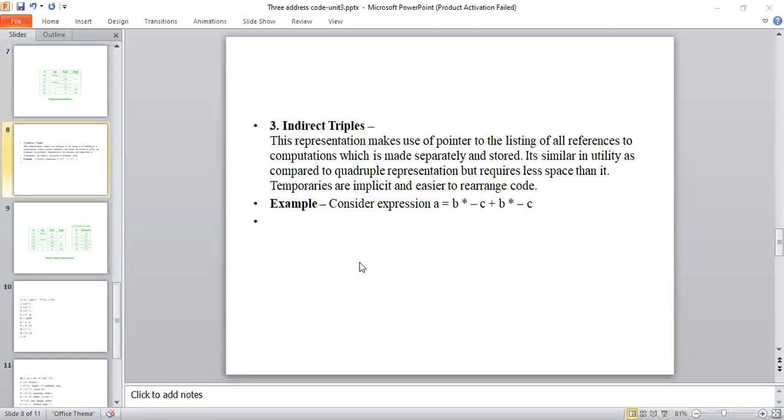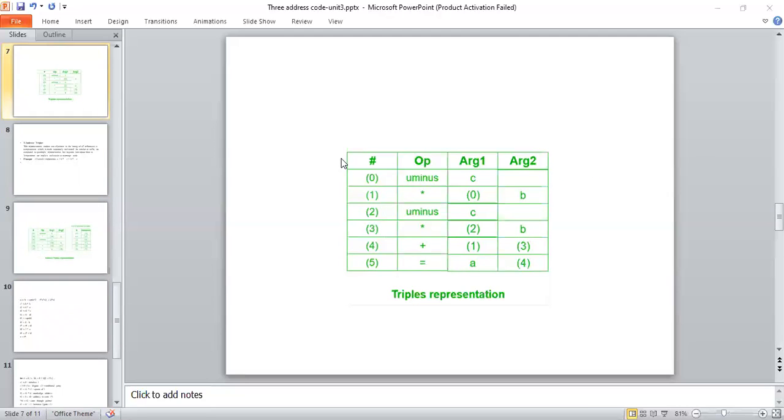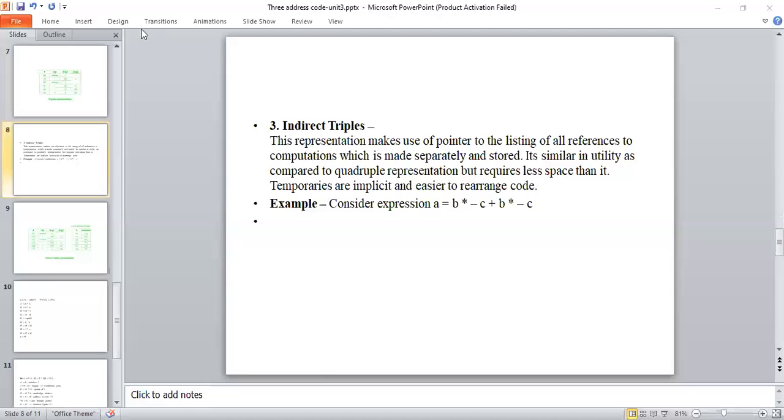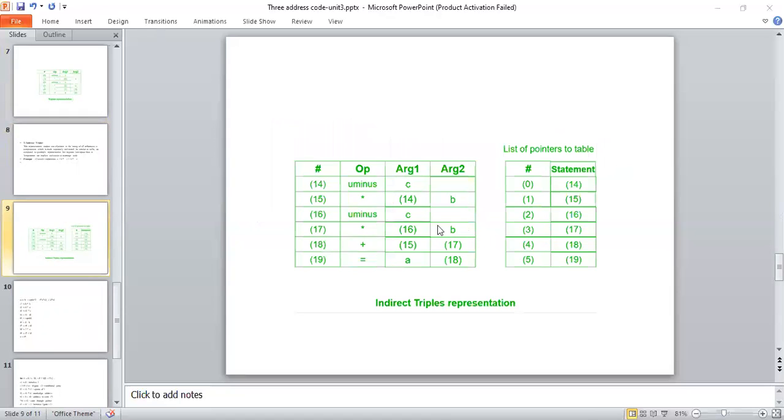Now the last one is indirect triples. This indirect triple is nothing but similar to triple representation, whereas here the statements can be represented with indirect values. So that's why it is called indirect triples. Here for the same expression, I'm going to construct the indirect triples.